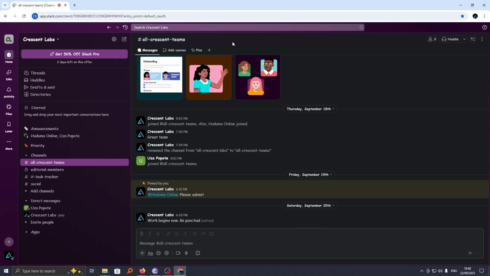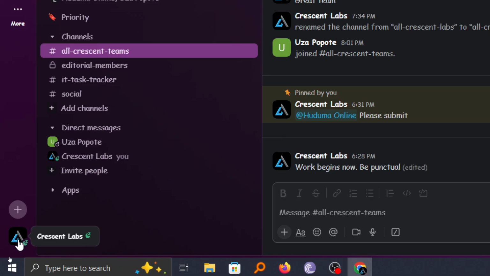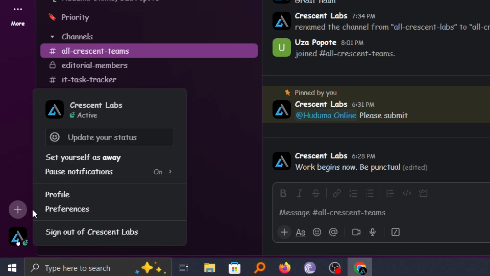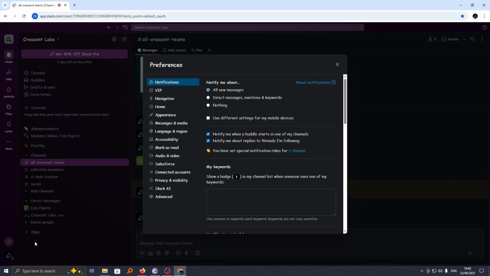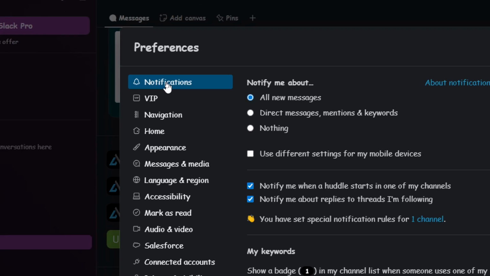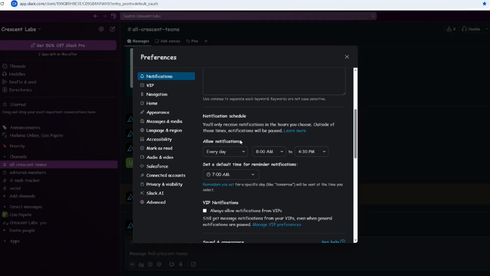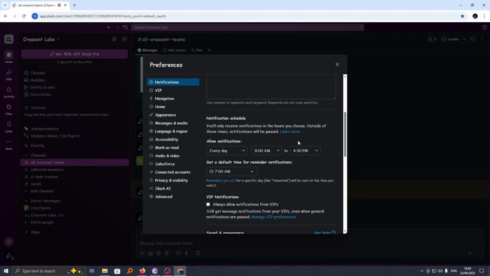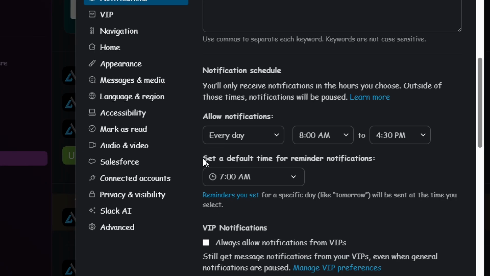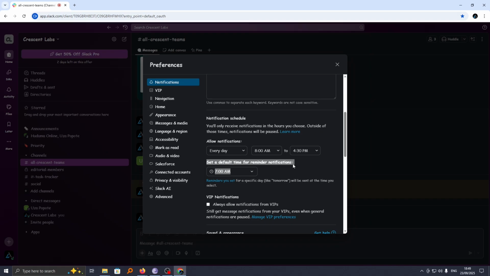Alright, to set a notification on your reminders, it is pretty simple. Just go ahead and click on your profile picture down here, and then choose preferences. From this, choose the first option, notifications, and under it scroll down until you get to this allow notifications. Under this, look for this set a default time for reminder notifications, and you can see my